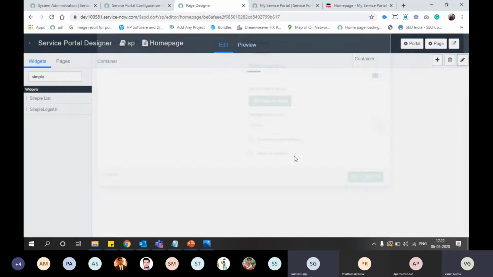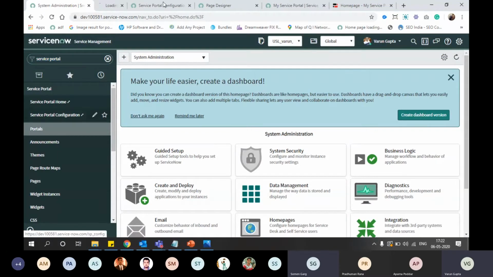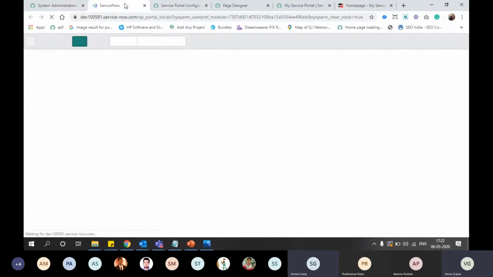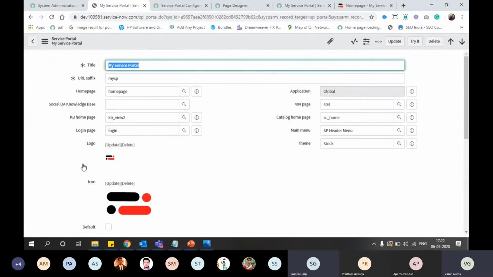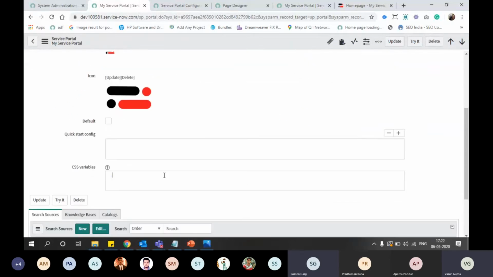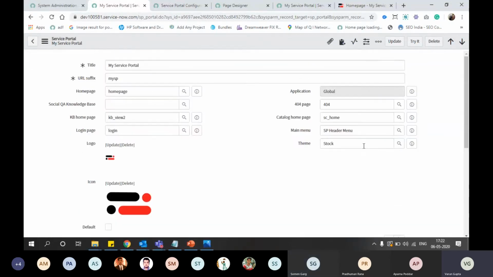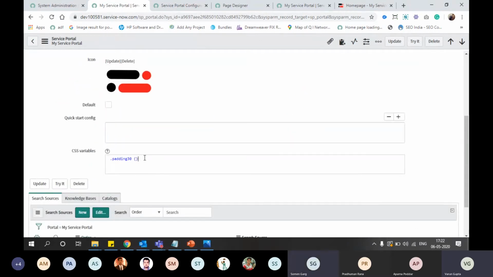Save this. Either we can write our CSS here, or we can go into themes and create our own custom CSS. For now, I am writing CSS here.